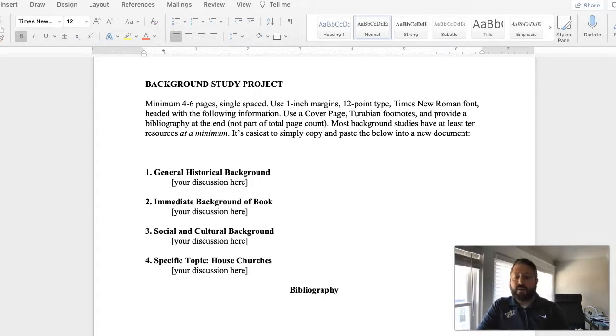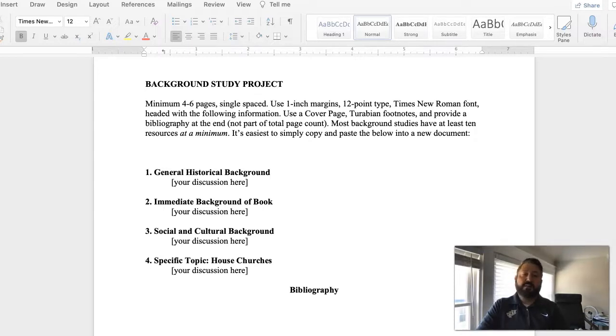And what I would like to see is you engaging with at least 10 of the resources. You can pick mostly from the ones that I provided above in the document, but if you want to bring others in as well, as long as they're good critical resources, I'm okay with that. I've already given you the headings for your paper, so you can go ahead and just copy and paste these and move them over into a new document and start fleshing out